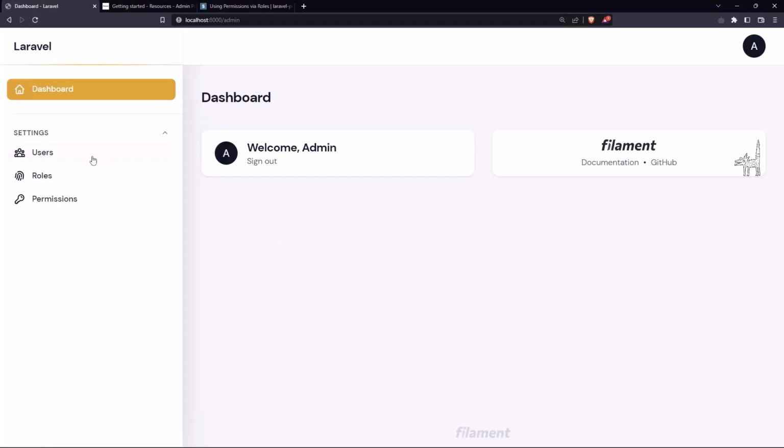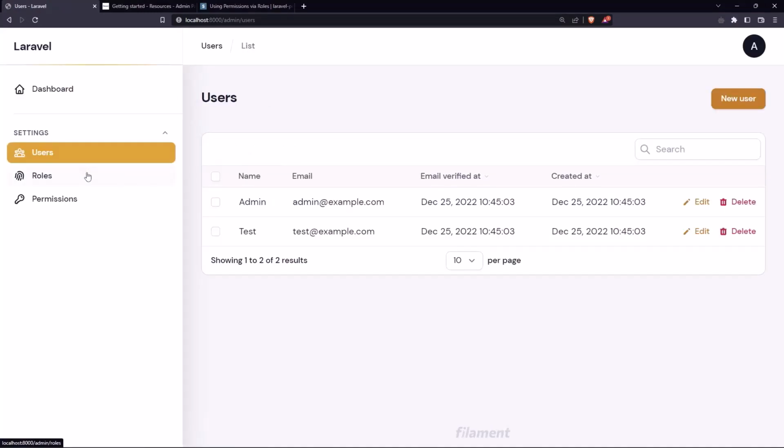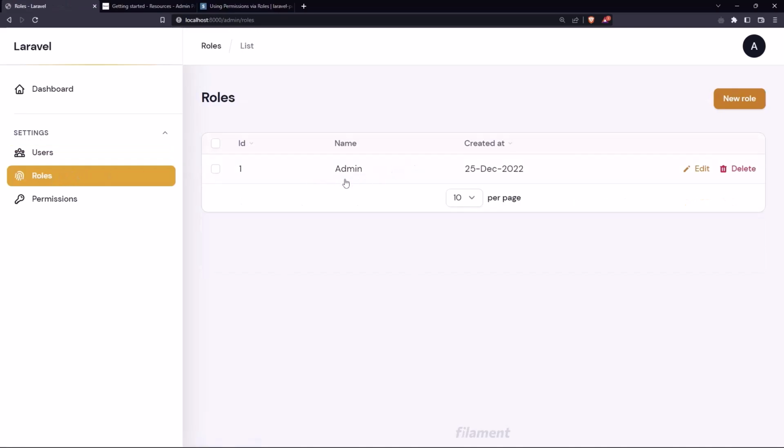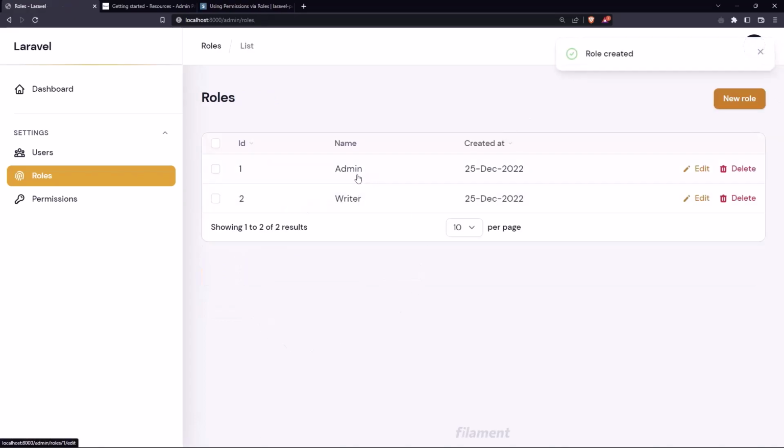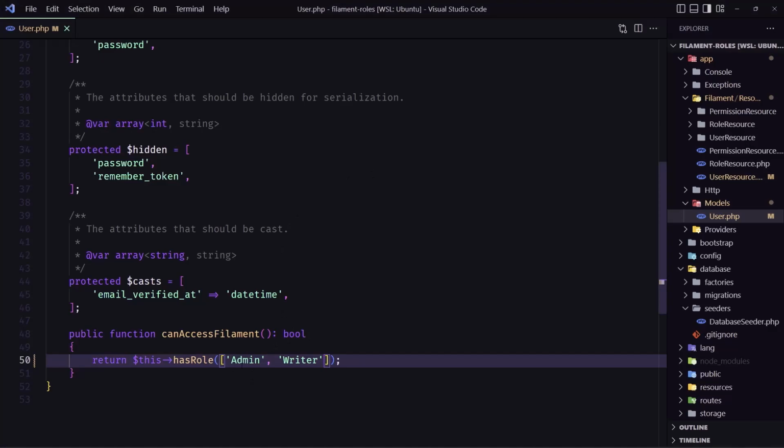and come here, refresh. Yeah, we have access now, and let's go to the roles. We have only admin. Let's create the writer role and let's say create. Now I want to hide the admin role from here, only the admin role. So no one can delete that admin because I want the user who has the role admin to have access